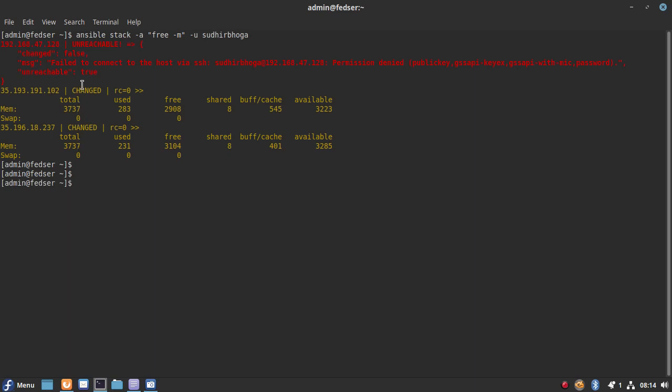Right now I have shown you only the Ansible command line tool to run ad hoc commands on the Linux machine, but we can create Ansible playbooks which contain multiple tasks in a particular order which will be executed, and these playbooks can be used to configure the Linux machine as per our requirement.